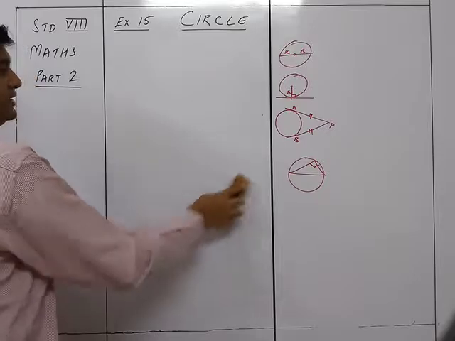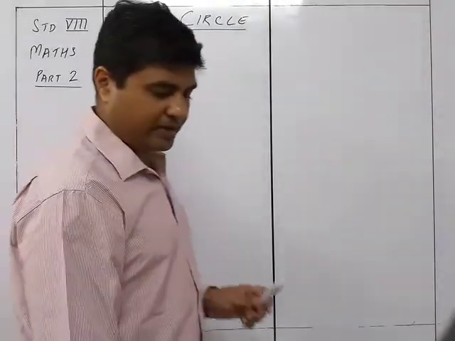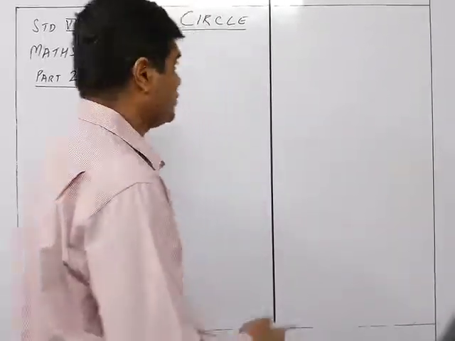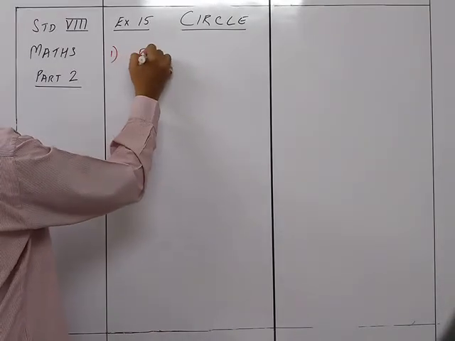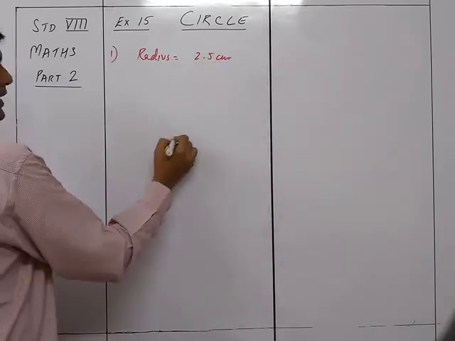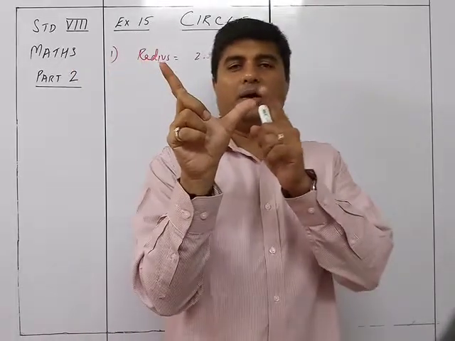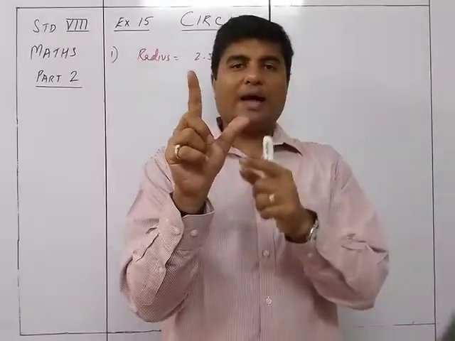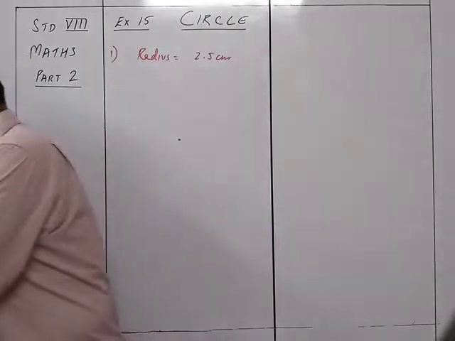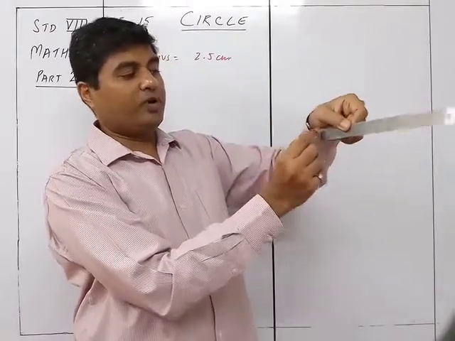Now the first part is just to draw, so it is construction. So for construction, let's see what is to be done. First is draw a circle with center O and radius 2.5 centimeters. So what we do over here is radius is equal to 2.5 centimeters. You take a point over here and then you take a compass. Suppose this is the compass with this the point and this the pencil. I am going to measure 2.5 from a scale. I take a scale and measure 2.5 on the scale.